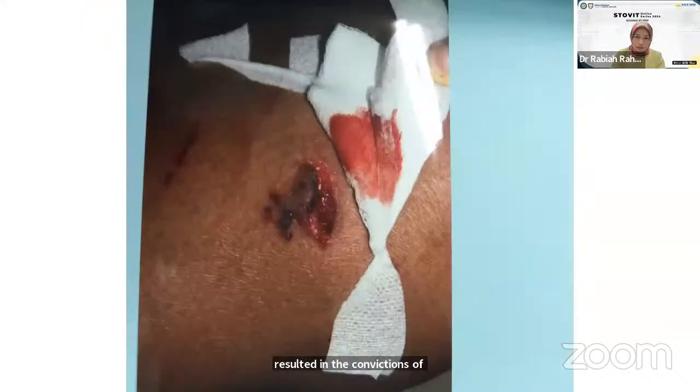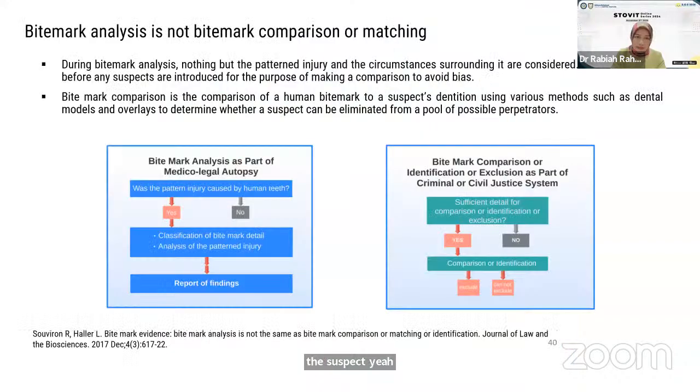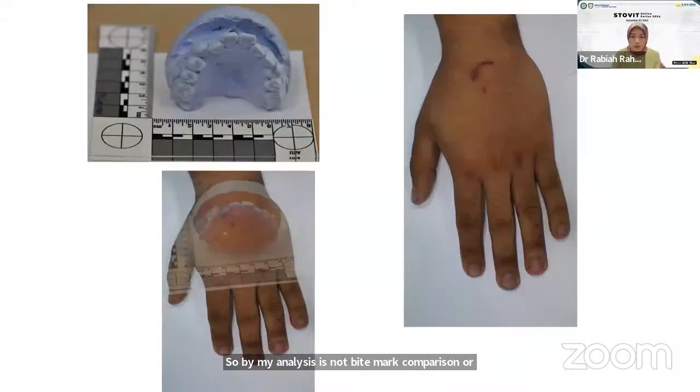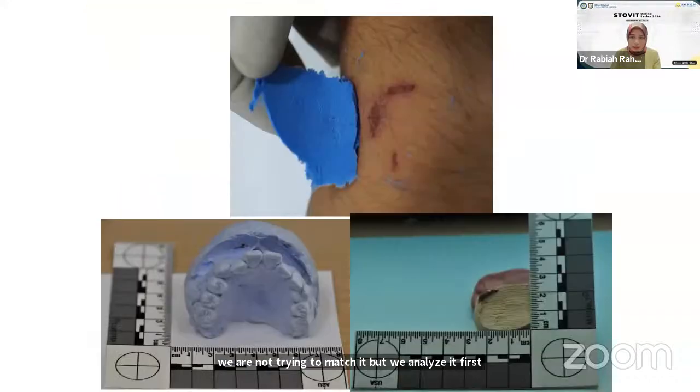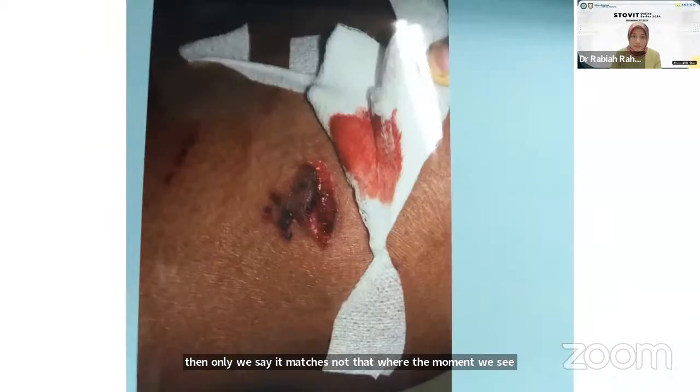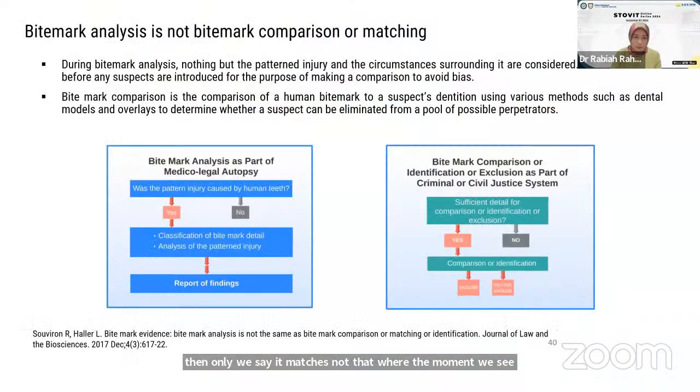So this was the case. Bite mark analysis is not bite mark comparison or matching. We are not trying to match it like this, but we analyze it first, and only then we say it matches. The moment we say it's a match, we have to have done a proper analysis. I won't go into detail of this, but what I want to emphasize here is,